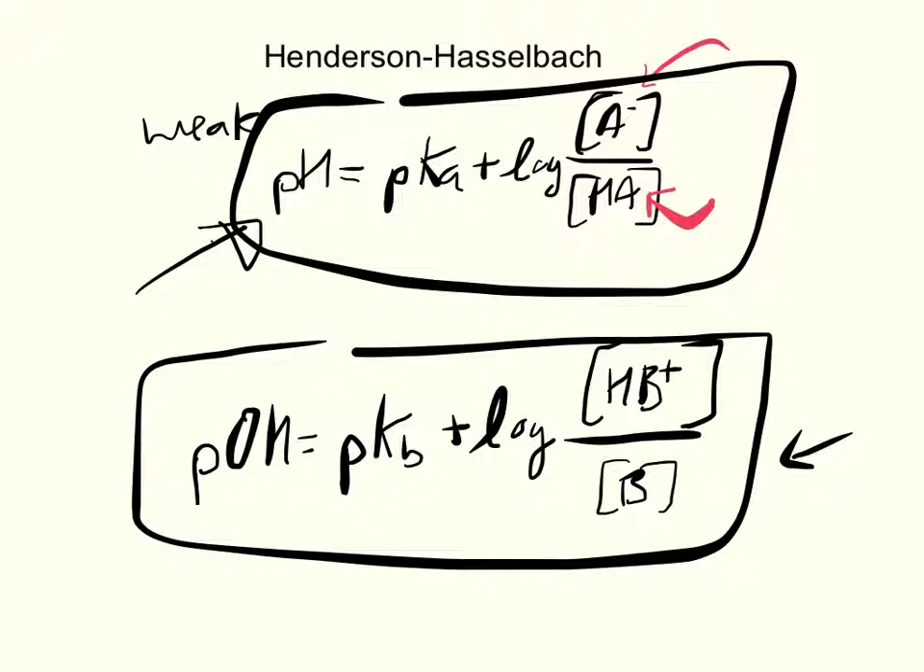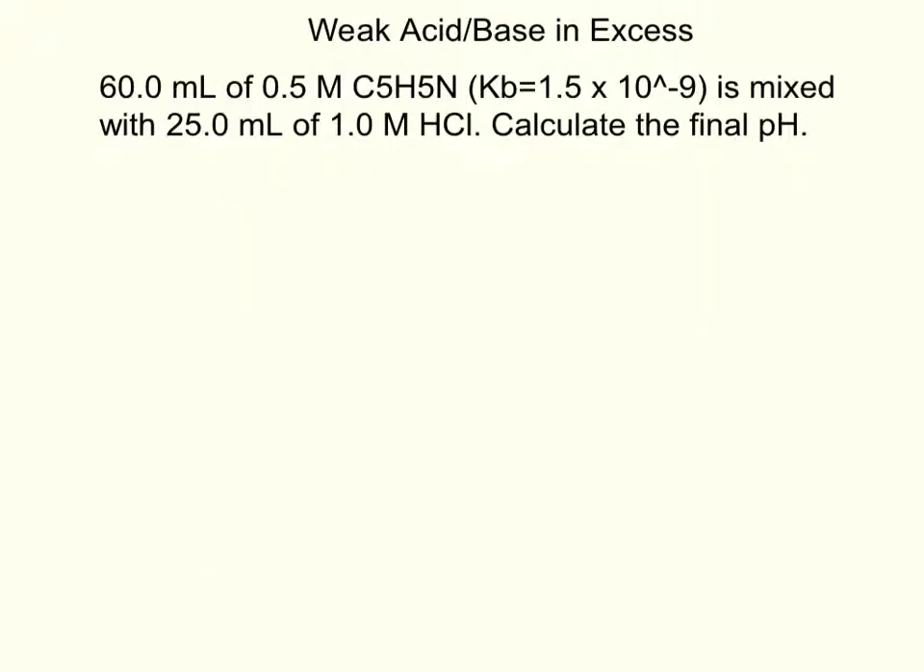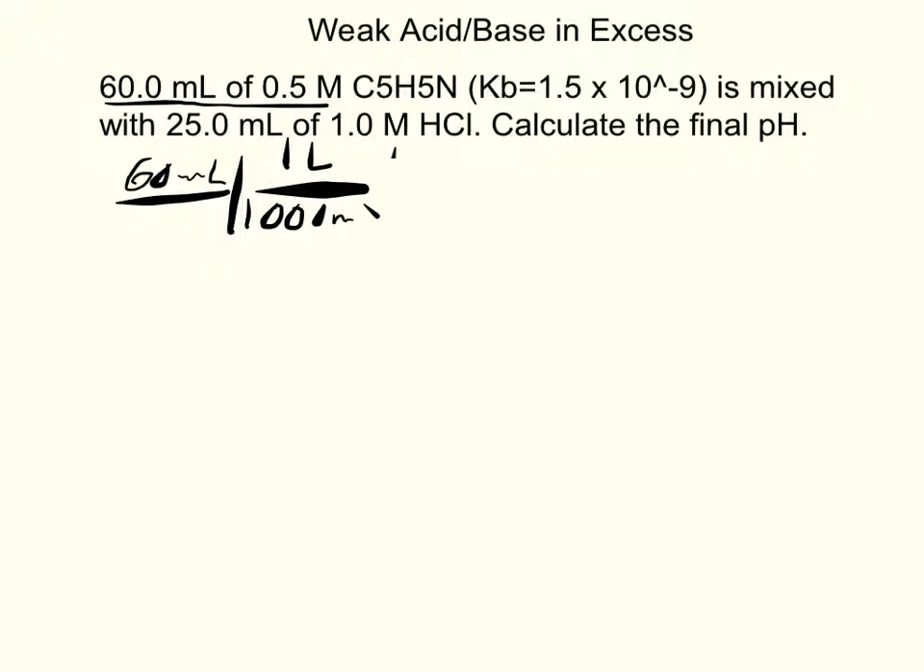So, how do we use the Henderson-Hasselbalch? Let's say we have a reaction like this. 60 mL of 0.5 molar C5H5N with this Kb is mixed with 25 milliliters of 1.0 molar HCl. Calculate the final pH. Well, let's see, what do we have? We have 60 mL, well, 1,000 mL is 1 liter, 0.5 moles per 1 liter. So how many moles of that compound do I have? That's going to come out to 0.03 moles of